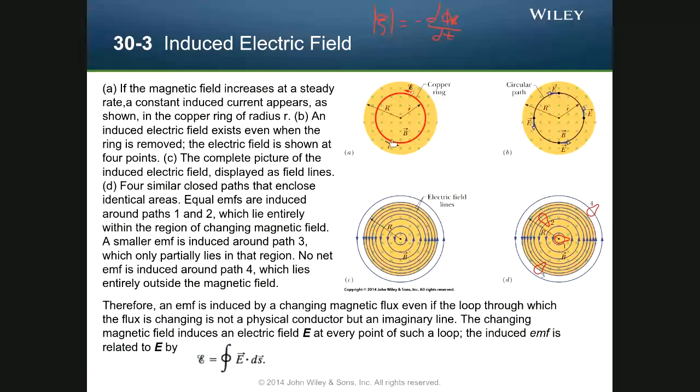Now, if there's a current flowing, you'll remember when we looked at circuits, we were able to see the current as a flow of charged particles. And if this flow of charged particles exists, then there's an electric field. You'll notice that at each point, the electric field is circulating, and it always changes direction. Now, this is just one small area here. If you look here at the electric field,